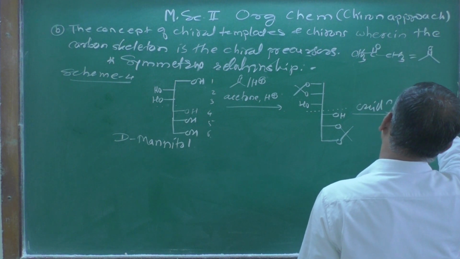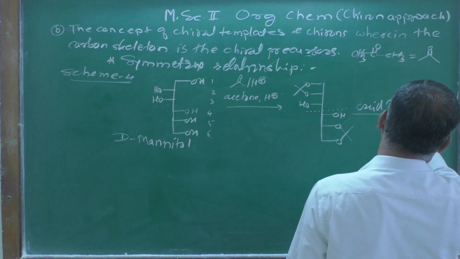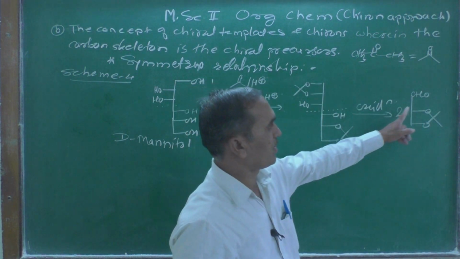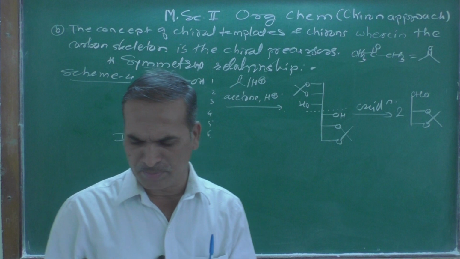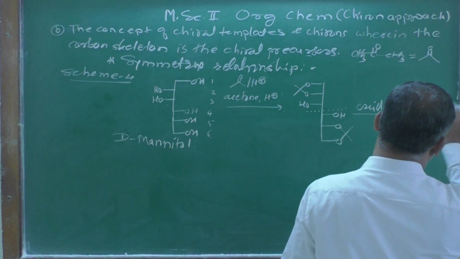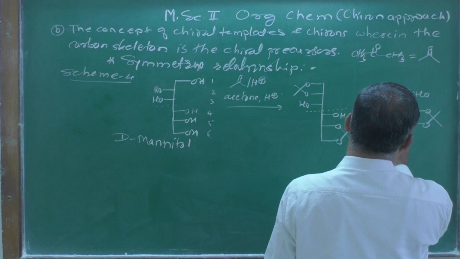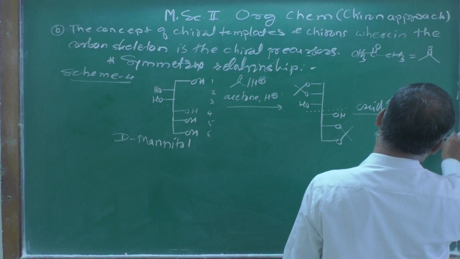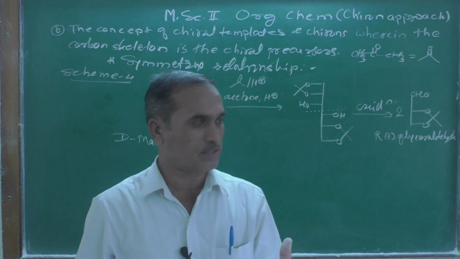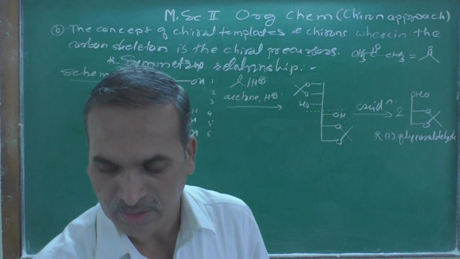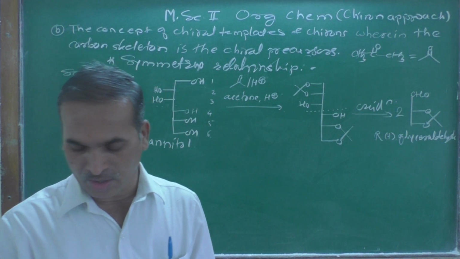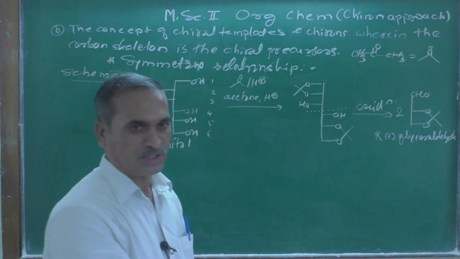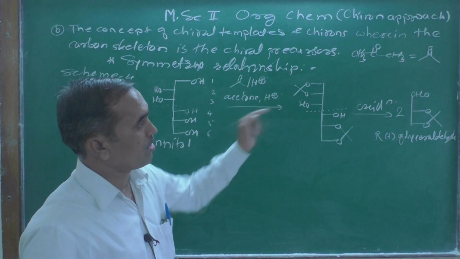Here is a CHO, and this gives exactly 2 molecules, the same 2 molecules, and that's why we are getting this type of compound, which is known as, if you open it, R plus glyceraldehyde, which is used as a precursor for the synthesis of many natural products. So this is a very essential and important step as far as this chiral approach is concerned.